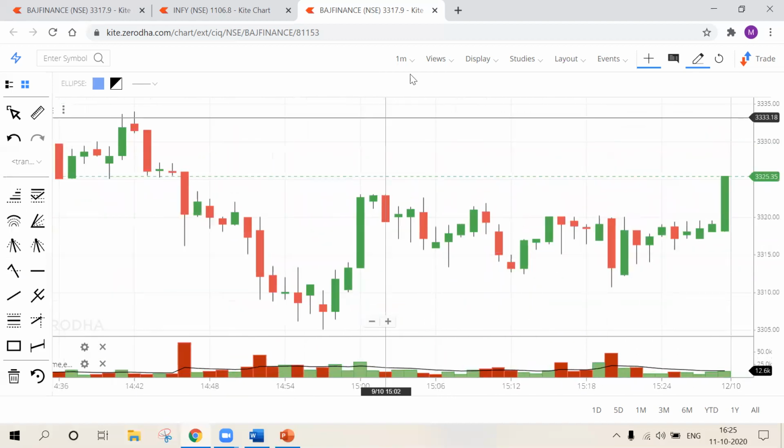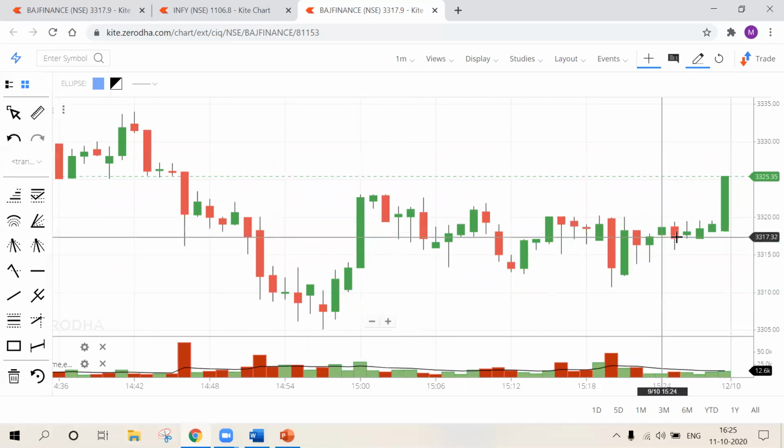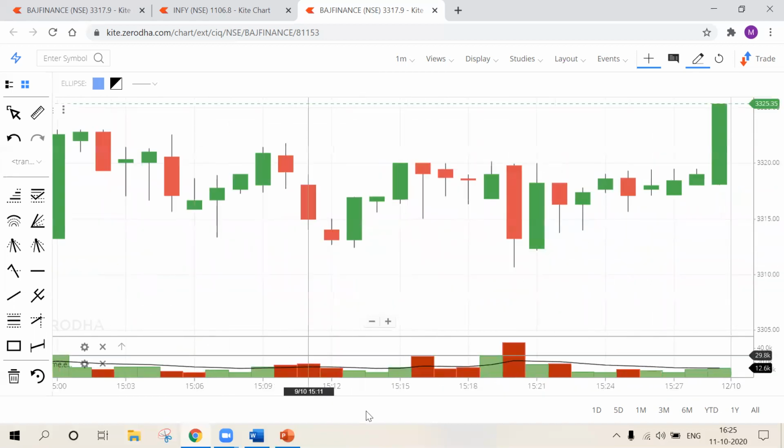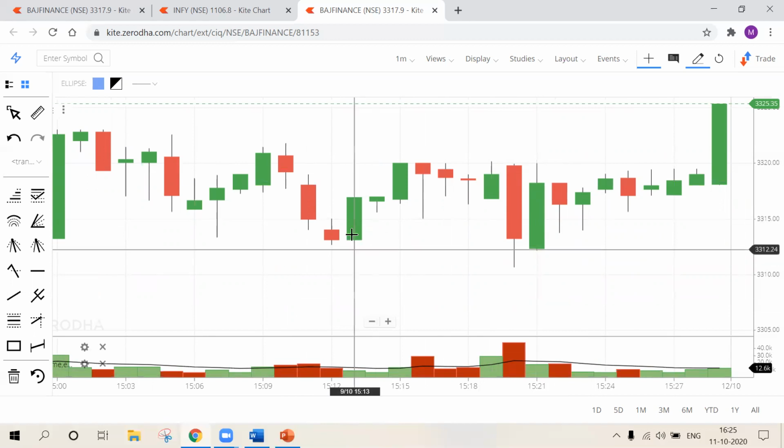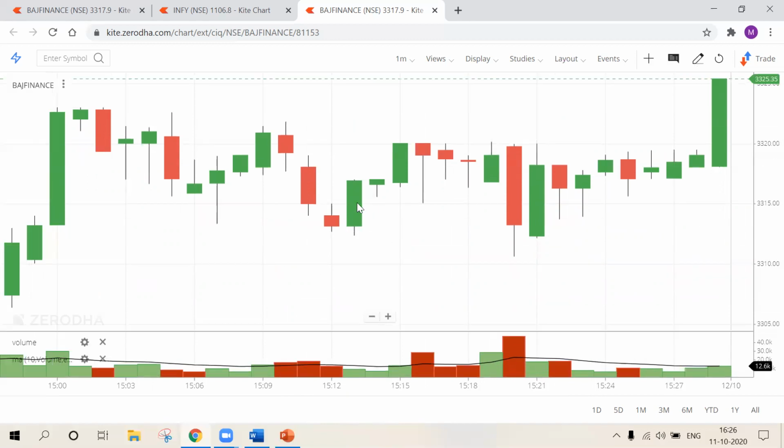All right, so if I select 1 minute, these are all the candles formed in 1 minute. For example, look at the chart, look at the x-axis. This gives you the time. This is 3:15 and this is 3:18. So the x-axis gives you the time and the y-axis gives you the price on the chart. When I select the 1 minute time frame, each candle is formed in 1 minute. This is a 1 minute candle, this is another 1 minute candle, and another.